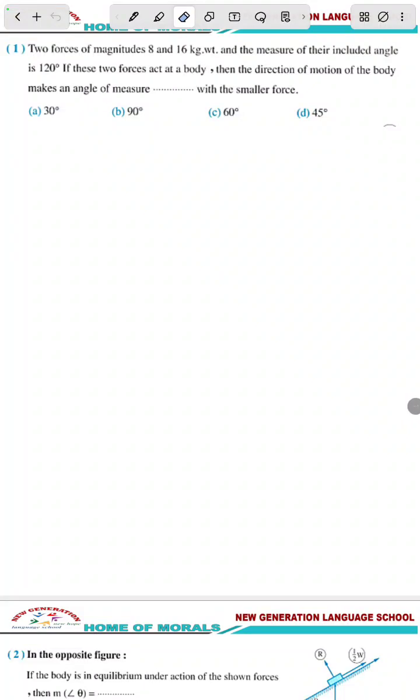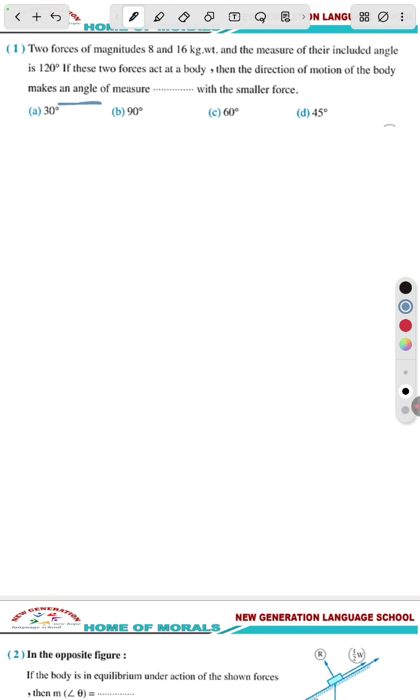Today we are going to learn and make a new revision about application math. Firstly, we can solve number 1. Two forces of magnitude 8 and 16 kilogram weight, and the measure of their included angle is 120. If these two forces act at a body, then the direction of motion of the body makes an angle